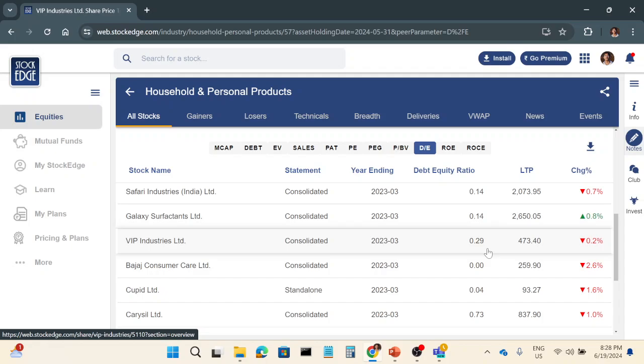So we have identified VIP in this example for the parameters that we were looking for, and it suits, it is a good one for us to enter into this company. Okay,